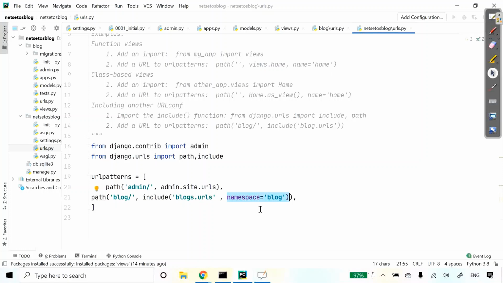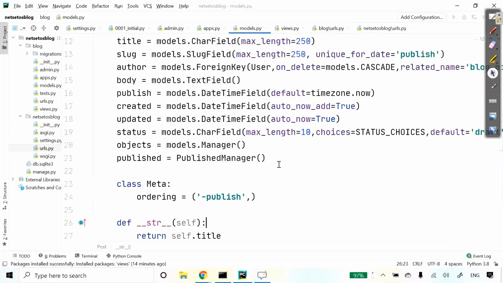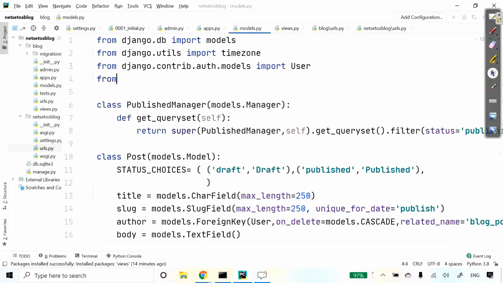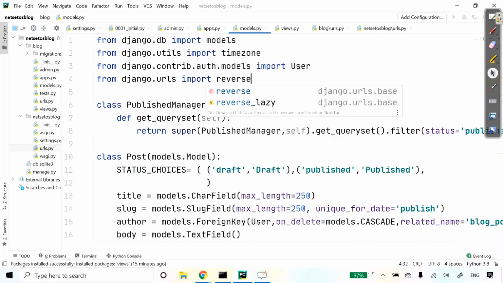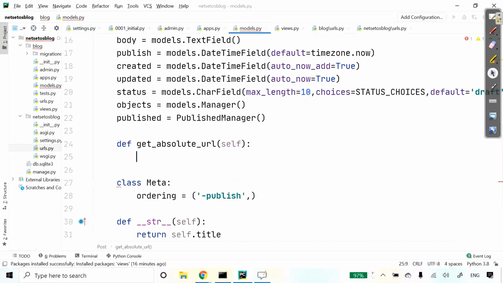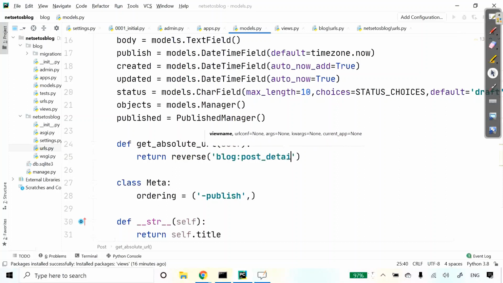So let's continue. In models.py, we will add some more lines. First of all, let's import reverse from django.urls. Import reverse. Here, let's make a function get_absolute_url. It will return reverse, and here we will have blog:post_detail.